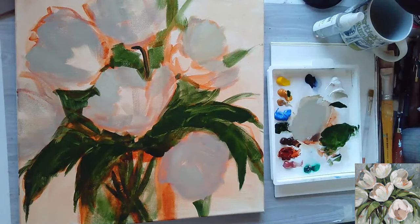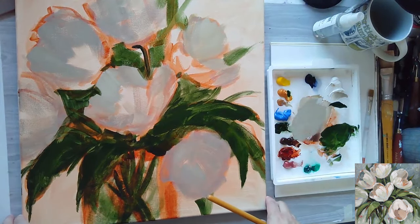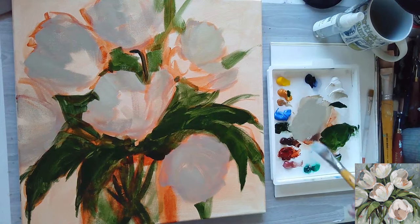All right, so once I get the green in, next I'm going to think about some of the other colors I want in the background. So I'm going to just sort of keep it in mind. I kind of think I want to go with some nice neutral colors, so I'll play around with it a